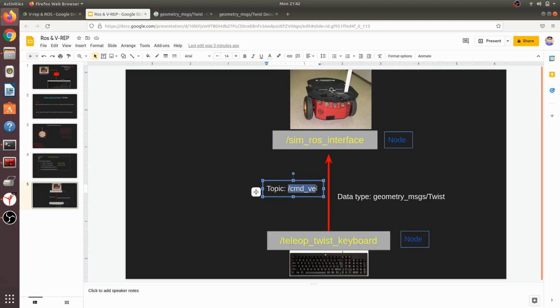So this is the velocity topic name. And this is the data type, geometry_msgs twist. This is the data type of this topic's message, and our CoppeliaSim ROS node is subscribing to this topic.